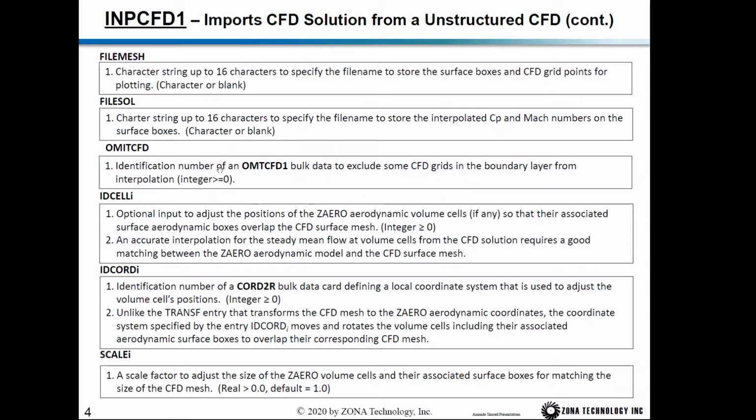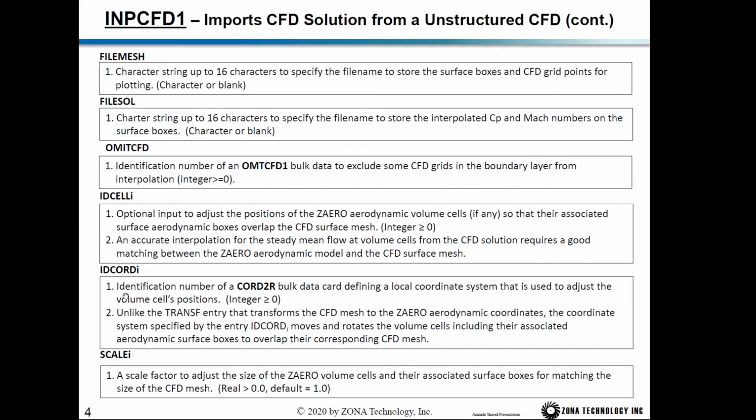Omit CFD refers to the omit CFD1 card, to exclude some CFD grid in the boundary layer from the interpolation. ID cell, ID core, just like in IMP CFD. If you want to adjust some ZAERO aerodynamic model in order to match with the CFD surface mesh, then you can use those two